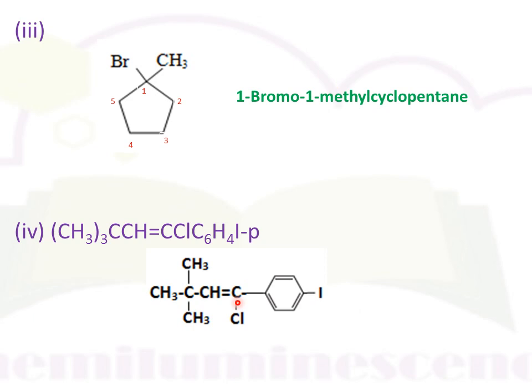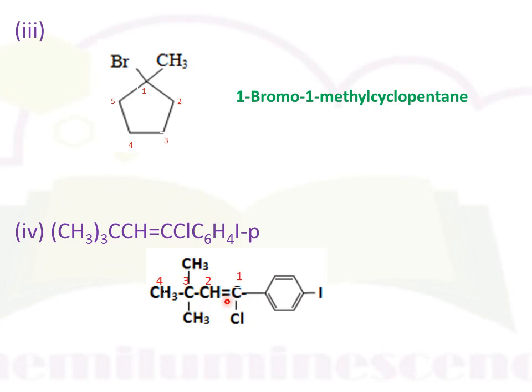Next, see which substituents are present. Here at this carbon there are two methyl groups. At this carbon two substituents are there: one is chlorine and another one is a methyl. Now for giving a number or indicating a carbon of the main chain, we begin the numbering from that end to which the double bond is near. Hence the numbering is in this way.